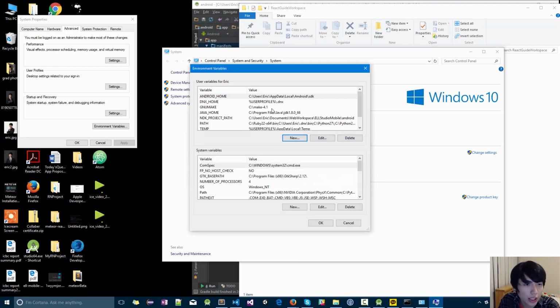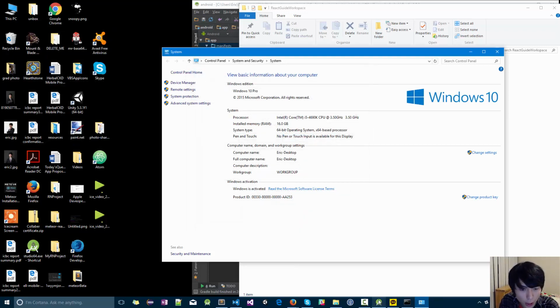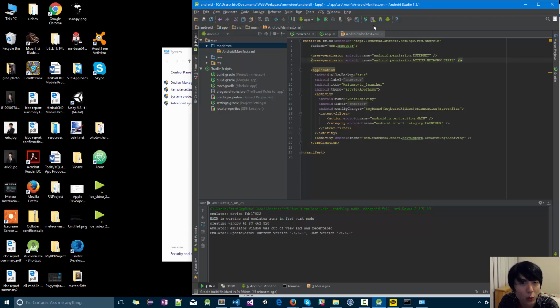The JDK is usually installed by default in Program Files/Java/JDK, whatever. But Android Home might be installed in a different place depending on your computer. So the easiest way to find out where it is installed is